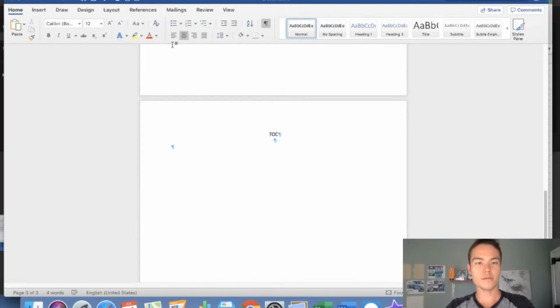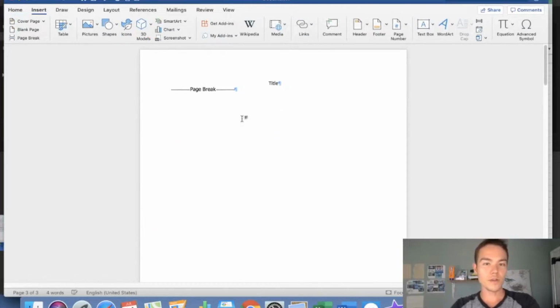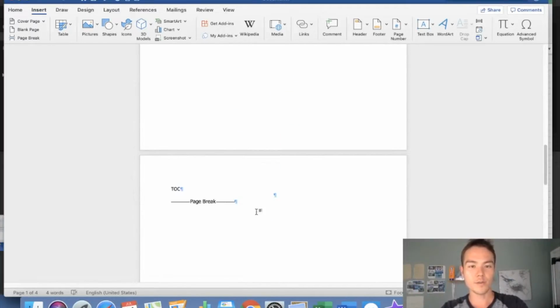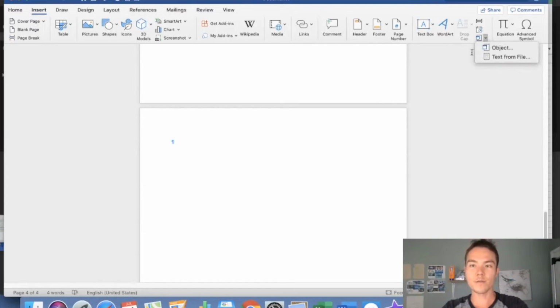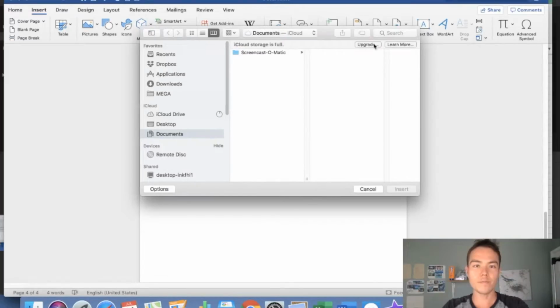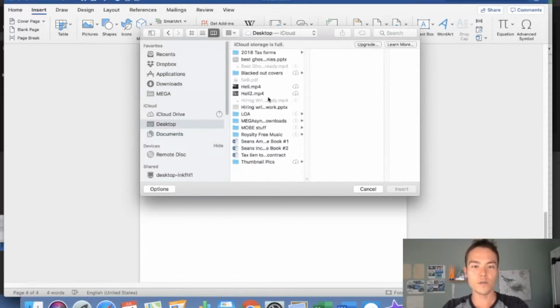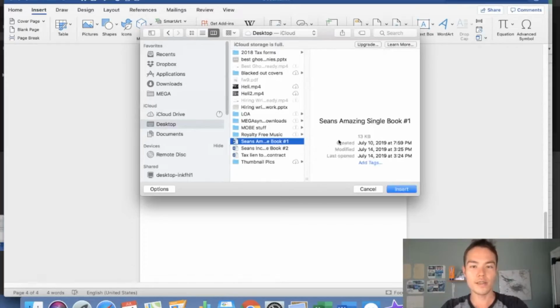Table of contents. Insert. So those 3 pages are for the bundle: the title, copyright disclaimer, and TOC. This is bundle specific, but from here it's super easy. What you've got to do is just copy and paste your single book files inside here. So all you do is go to insert, go to this thing. For my Word, it looks like this. You may have a different version of Microsoft Word, but it's all kind of in the same area. So just go to text from file, then find your first single book that you want to put in,